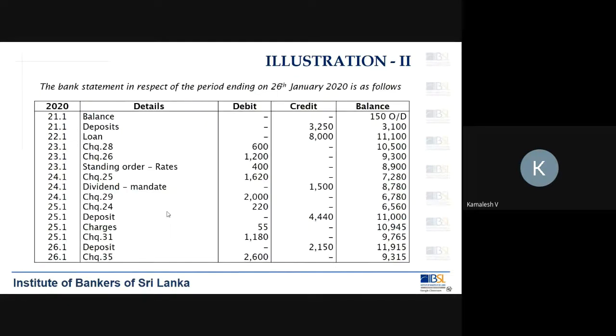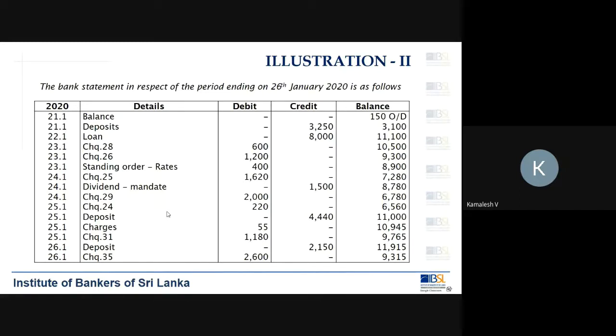But when you look at this, what can you say? Just look at this. This is the bank statement. So what is 21st and what is 26th? End date and start date. Yes. So they are trying to question you on a reconciliation to be done for the opening balance and the closing balance. Am I correct? You are supposed to do a reconciliation between the opening balance and the closing balance.